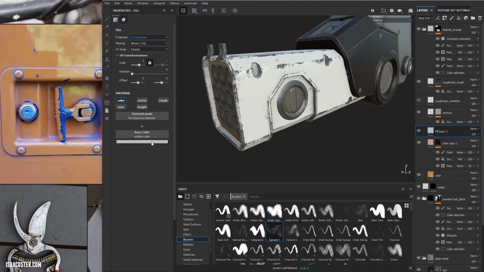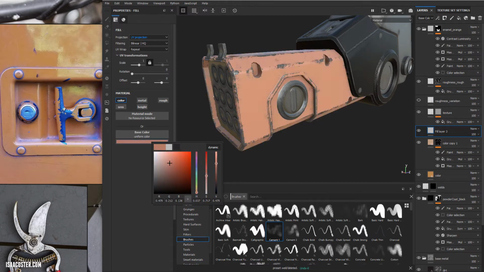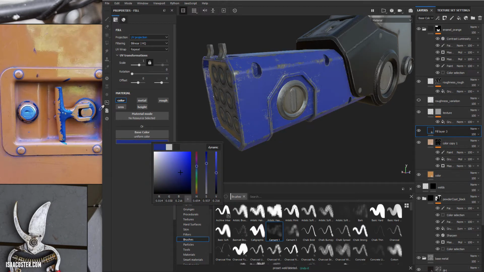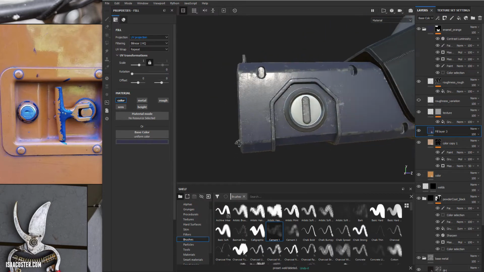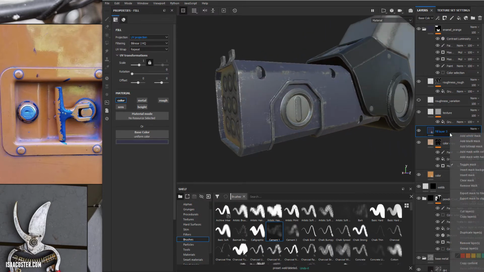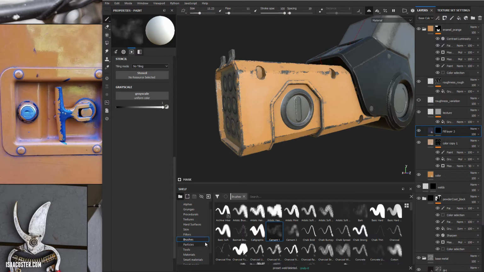color here. And I think that this purple here is completely unrealistic, so we can just sort of get kind of close to it, and then I'm going to just kind of desaturate it and make it a little bit darker maybe. And we can kind of see what happens with this. I'm going to add a black mask, and I'm going to come over to my smart masks